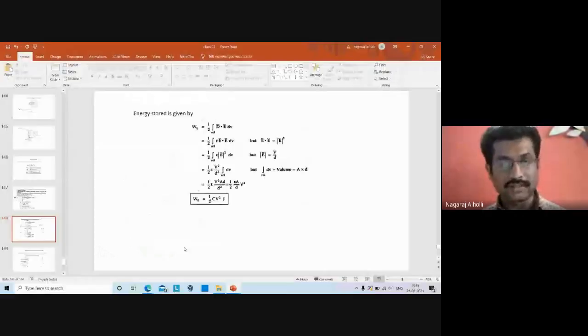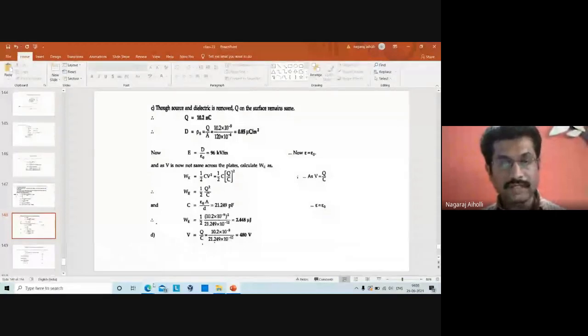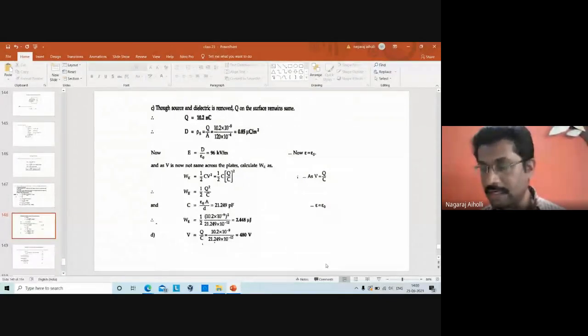Okay, students, any difficulty here in today's discussion? We have started with the dielectric boundary which is perpendicular, normal to the plates. That was the first topic. And then we have covered energy stored in the capacitor, that is the half CV square equation. And then the energy density equation we have derived. And later we have solved an example on the energy stored in the capacitor.